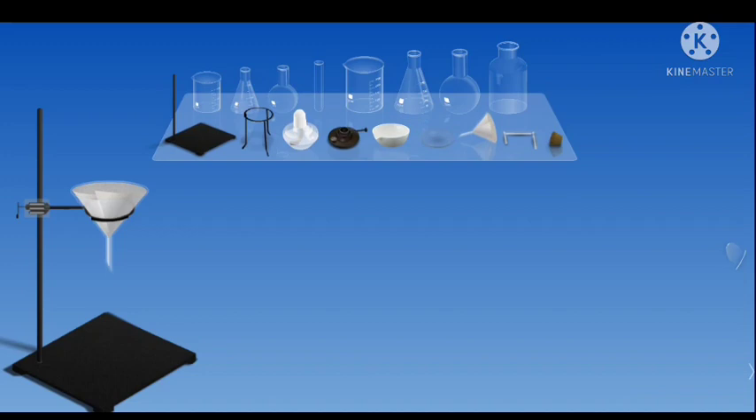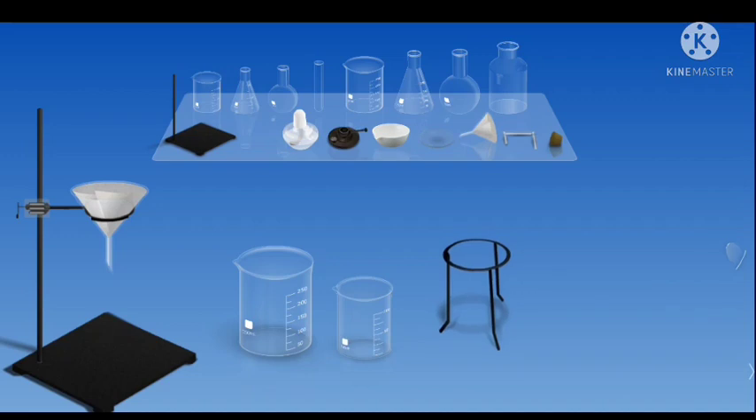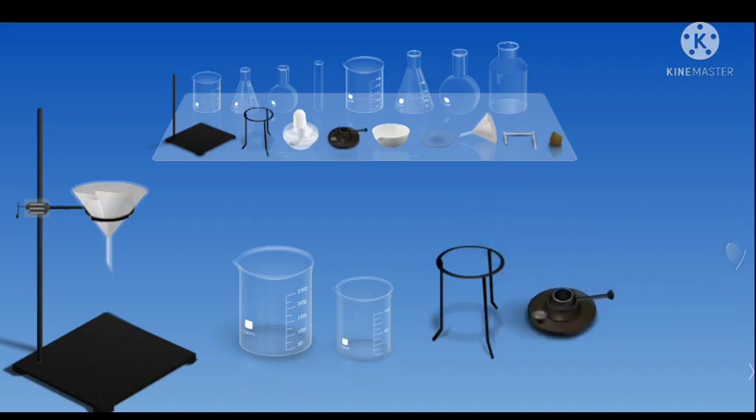This is called beaker, and they are found in different volume capacity: 250 ml, 100 ml. You can see 100 ml beaker, 500 ml. They have different volume capacity. This is called tripod stand, and this is called burner. So suppose,